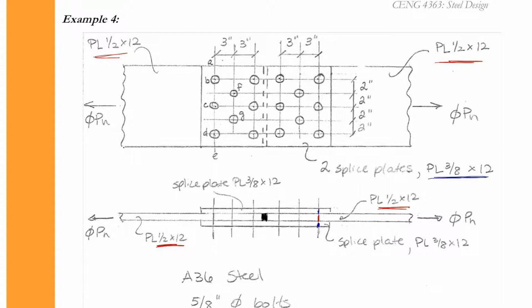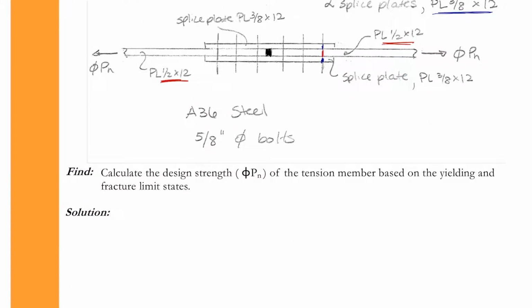The geometry of the connection is given, and we're also told that it's made of A36 steel and 5/8 inch diameter bolts. At the very beginning we need to decide: do we need to design the 1/2 by 12 inch plates, or do we need to design the 3/8 by 12 inch plates? That is our first consideration. So we'll write down that we must consider in our design